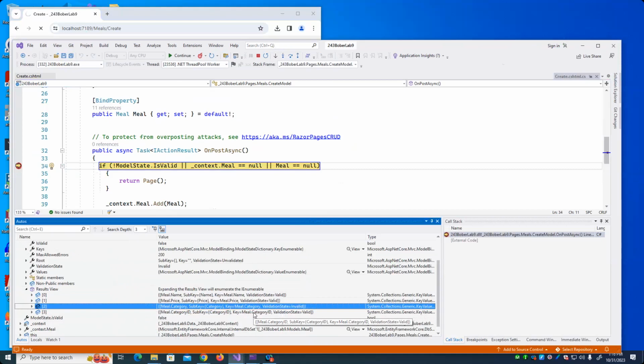the meal category ID is correct, but there's a problem that the category object that we defined in meal is empty. Well, that's true, because we have filled in the category ID, but that does not automatically fill in the category object. So a workaround to that would be to